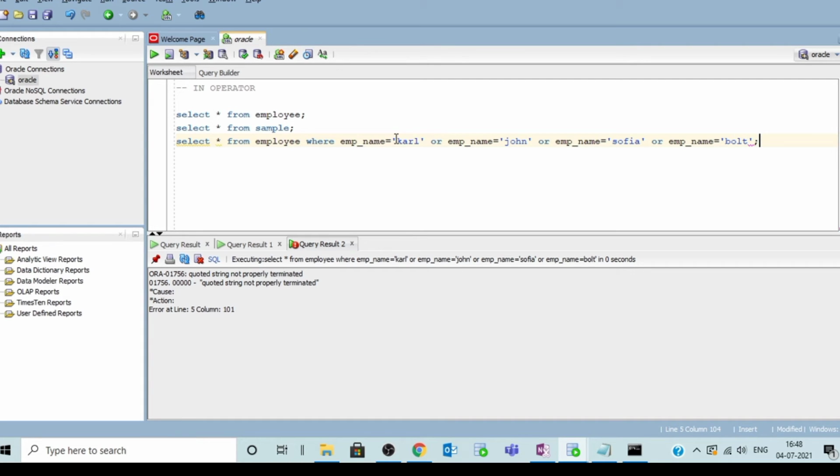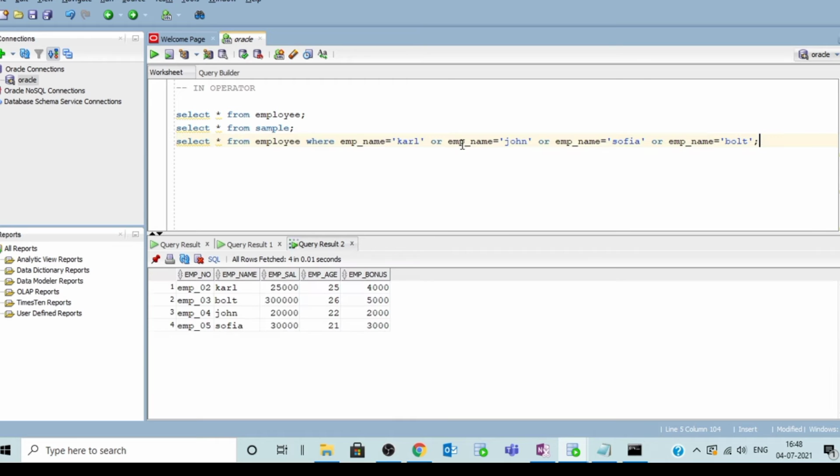So we are mentioning in the condition that whenever the employee name equals Carl and so on, we want the information of all those 4 employees. And the result is here. We can also write the query using the IN operator as select star from employee where employee name IN, and just mention all the 4 values, that is names like Carl, John, Sophia and Bolt, as parameters.